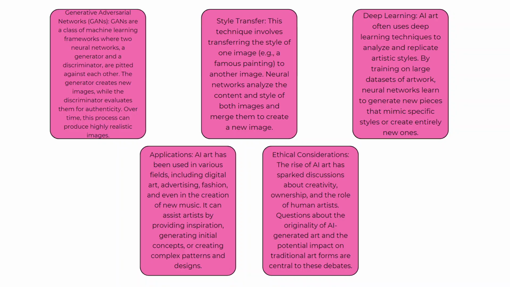Style transfer. This technique involves transferring the style of one image, for example a famous painting, to another image. Neural networks analyze the content and style of both images and merge them together to create a new image. Deep learning. AI often uses deep learning techniques to analyze and replicate artistic style. By training on large datasets of artwork, neural networks learn to generate new pieces that mimic specific styles or create